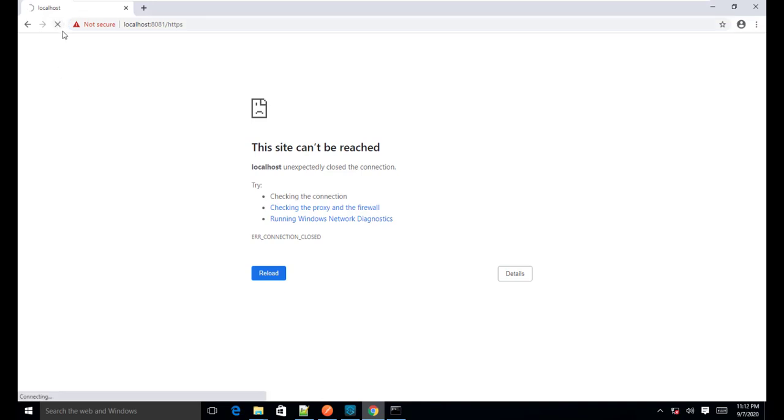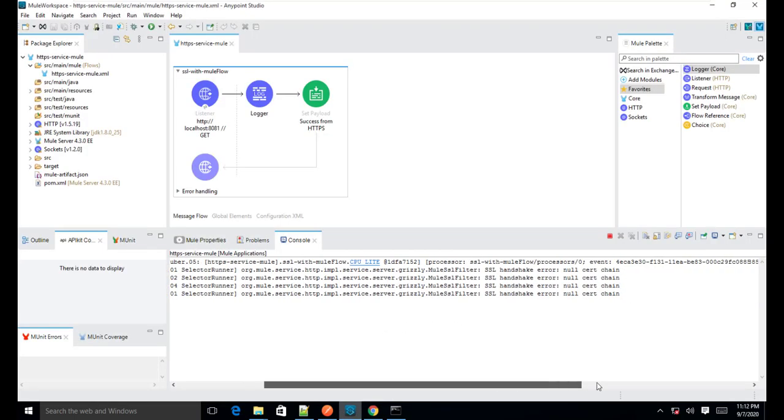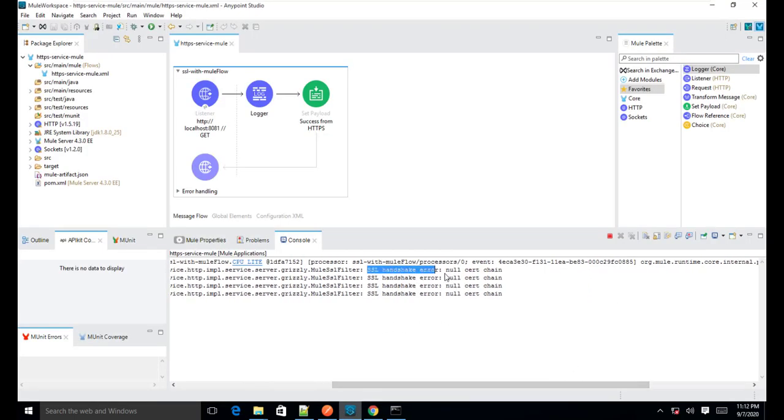So I am just reloading this. That means I am trying to post the request once again, but this time also it is showing that the service is not reached, right? So in the log also we are again getting the same exception, the SSL handshake error.